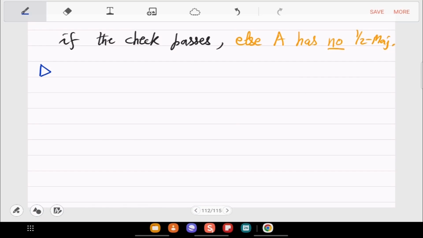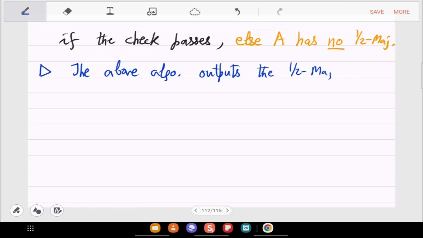So the algo outputs the half majority or none correctly.